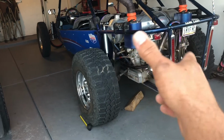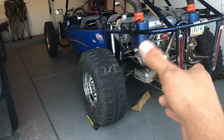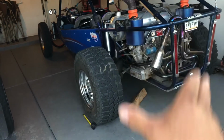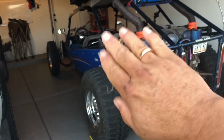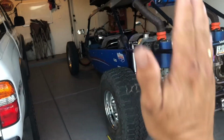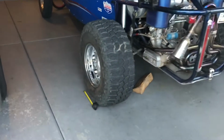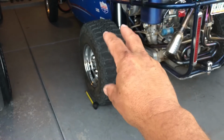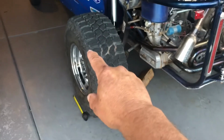So this has basically got articulation throughout the whole frame to keep the rear wheels 100% of the time weighted onto the ground. So as I went up that trail, I rock crawled over the rocks and my front end just stayed in the air, and all my weight kept these tires from ever spinning. And then the other trick that I do is I've got all my weight on the wheels, and I've got